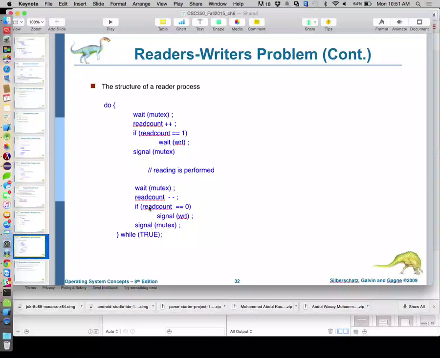Make sense? So read count goes up when a new reader comes in, read count goes down when a reader leaves. We want to make sure that that value stays accurate, and that's not atomic. A plus plus or a minus minus is not an atomic move. So we grab the resource, which allows us to reduce read count by 1 because we're leaving the room. If read count is currently 0, we'll go ahead and allow somebody else to come in and write.